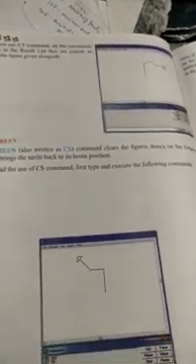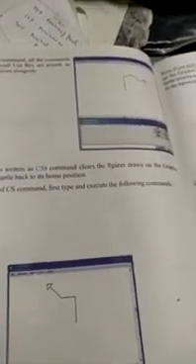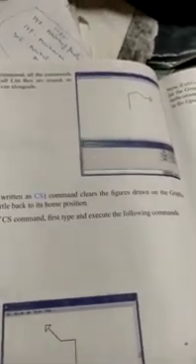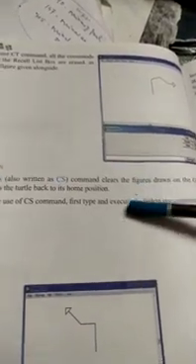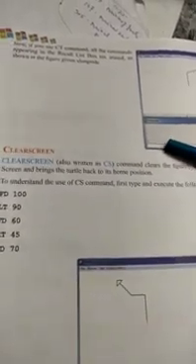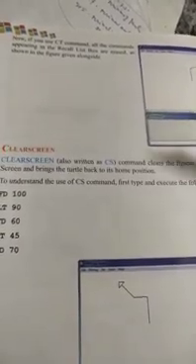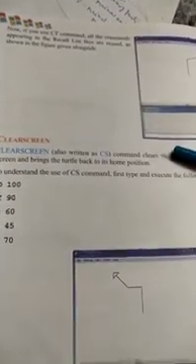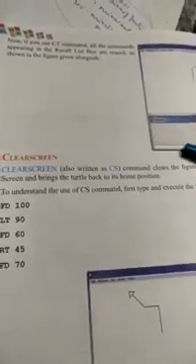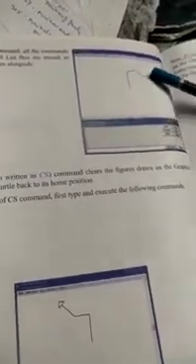And another thing is that we can apply CS clear screen and CT clear text commands together. First we will type CS, after that we will give a single space, we will type CT, then we will find our record list box also empty, our graphics screen also empty.